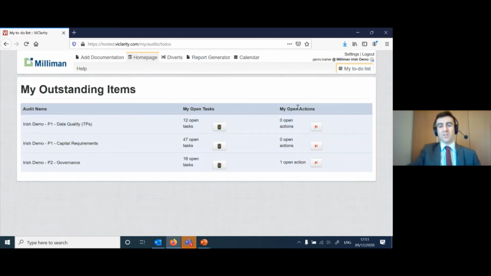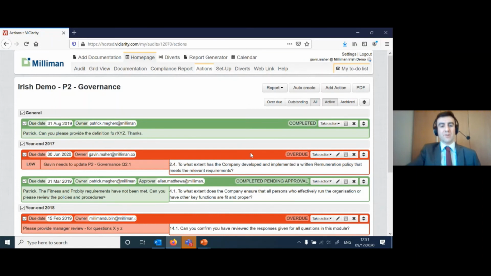And you also have your actions. Actions aren't something we've jumped into in too much detail, but they're just how you can flag that you want something done. As a manager, you can notify a user to say, this is a certain action that we want completed. So this is part of your to-do list as well. And if you click into the little flag here, it'll bring you to the actions view. This is all explained in the manual, but just as a reminder, you have this breakdown in a similar format where the green are actions that are completed and the red are overdue.